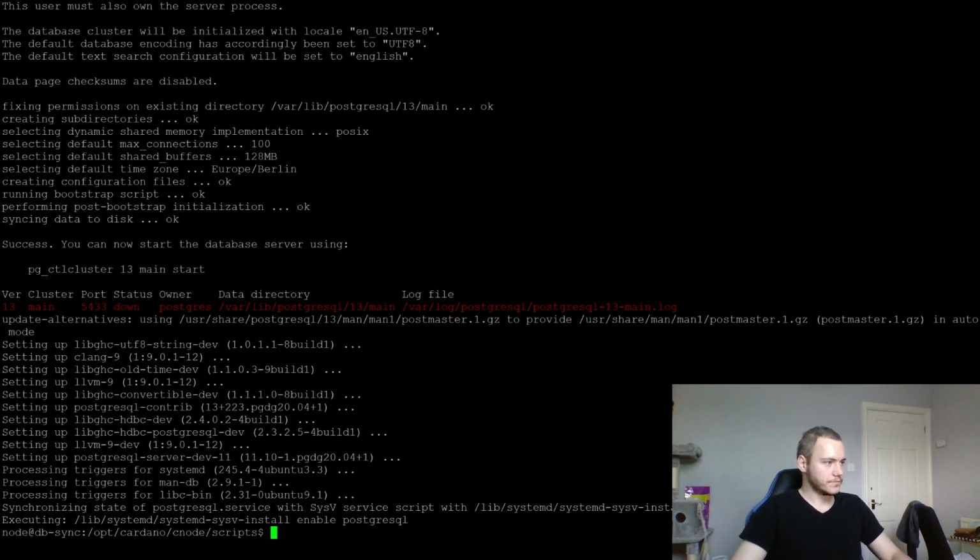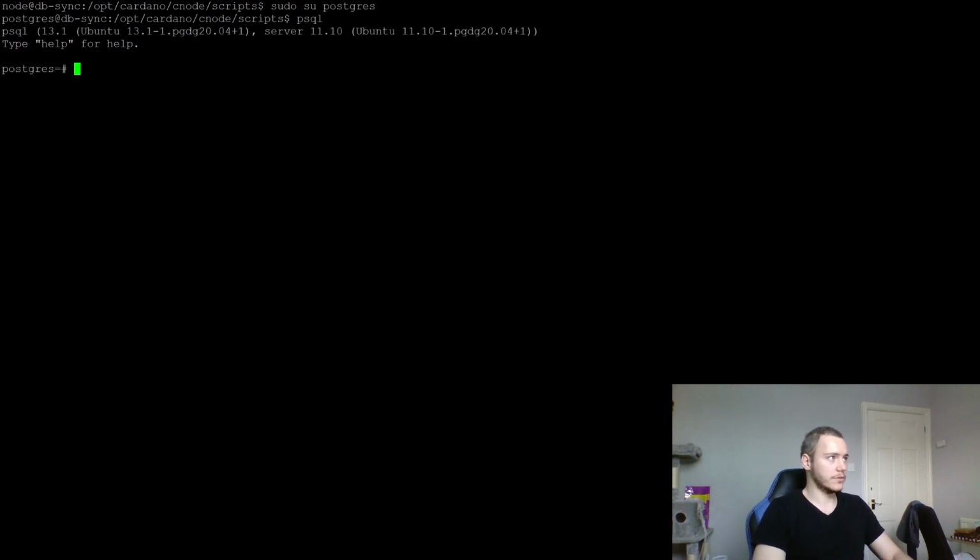Okay, it's done. So install enable PostgreSQL. Okay, so like we saw, now that it's installed, we have this. We can switch user to Postgres that has been created as part of this installation, and if we do PSQL, now we're in the Postgres database. There's nothing in there,